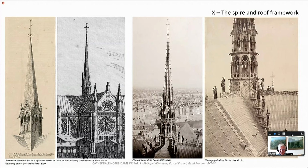So you see here the spire and the center part of the framework and of the roof were rebuilt by Viollet-le-Duc. He did the spire about 20 meters higher than it was, but in a way, the way it looked in the ancient drawings of the 17th century, where it was in a way enhanced compared to its real size. And so you see